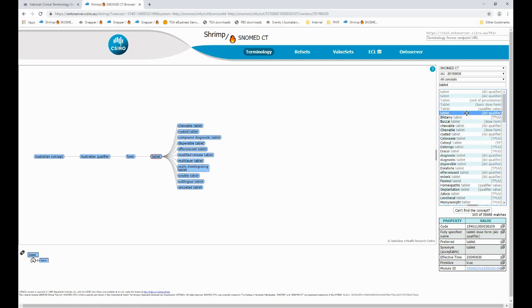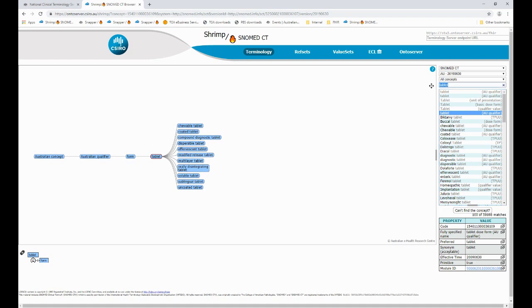Now, another thing I would like to go through in more detail are inactive concepts. If you do happen to find a concept that is inactive, we don't recommend you use that for clinical use because clearly it's not relevant anymore. However, do note that if you have filtered on a particular reference set, only active concepts will be displayed in the search. But here I am in all concepts, and say you were looking up a code in shrimp,